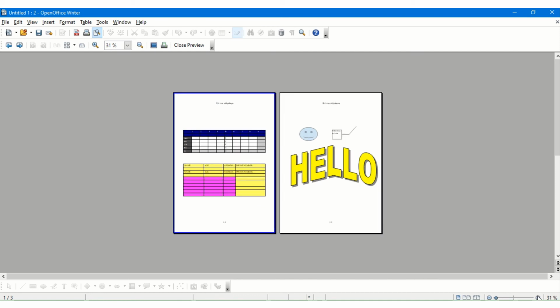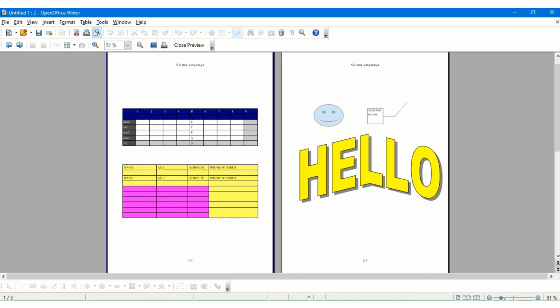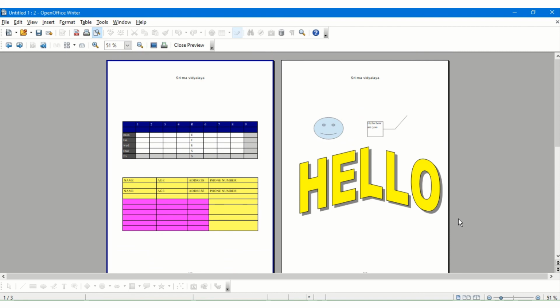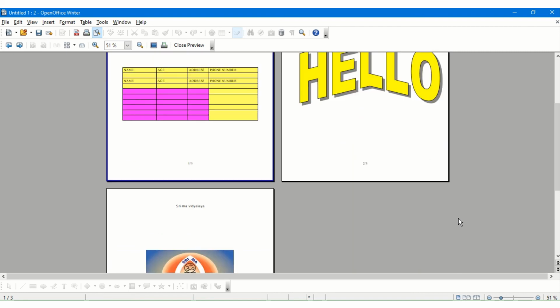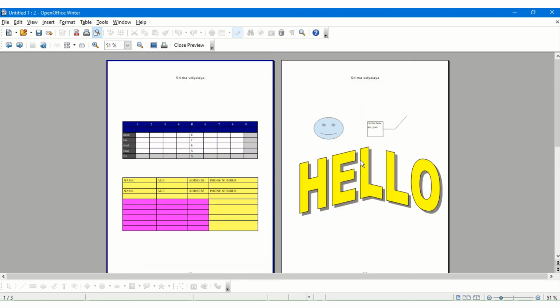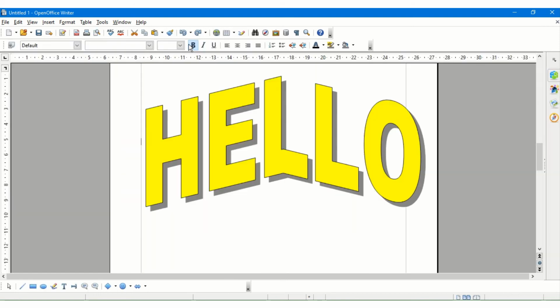All this I can do with the help of the controls here. I can increase and decrease, and scroll up and down to see how it is going to actually be printed. Here you can see the header and the footers are also displayed. I can zoom from here. Now I can close the preview.